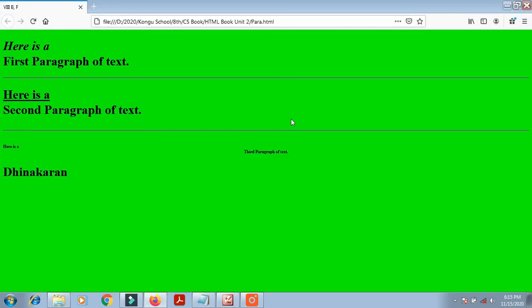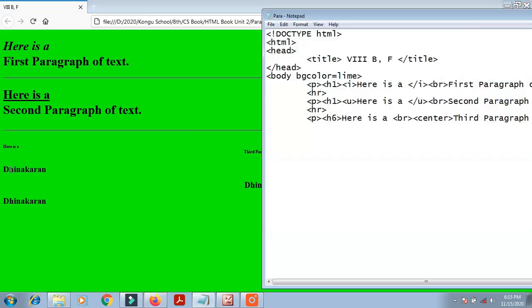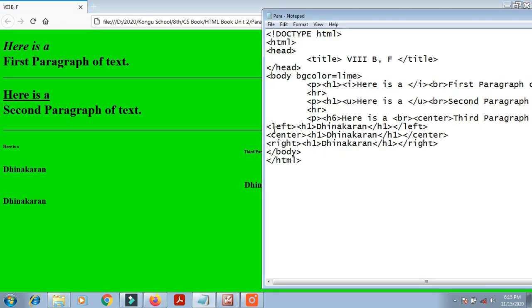See here, now I'm giving refresh. Left alignment and right alignment. Here I wrote R-I-G-H-T, right. If I make any problems or mistakes, it will come out looking like this.